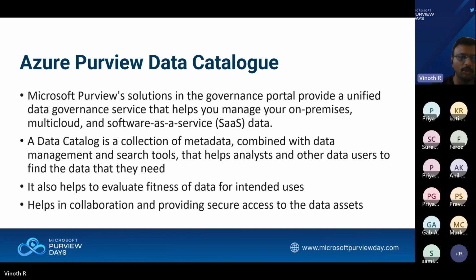Okay, it could be in AWS, it could be on-premises, Mongo, as we have seen in the last session, or Cassandra DB, it could be anywhere. Okay, so you can bring the metadata of that data into the Purview, and it gives an overall view of your organization's data. Okay, and the main point is a data catalog is a collection of metadata combined with